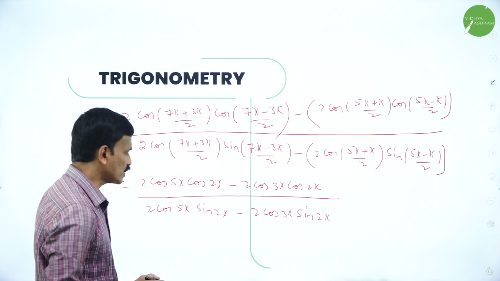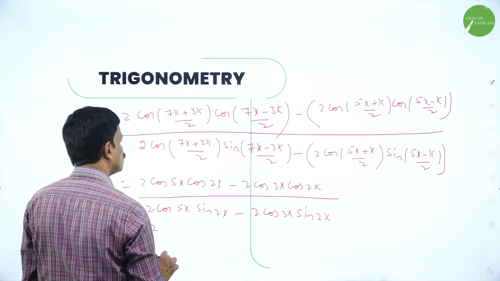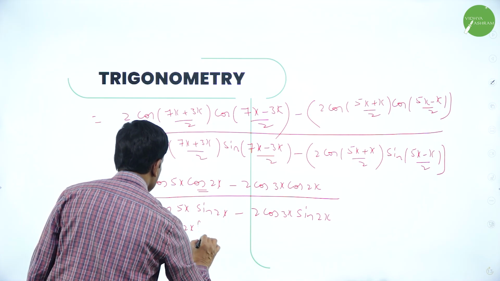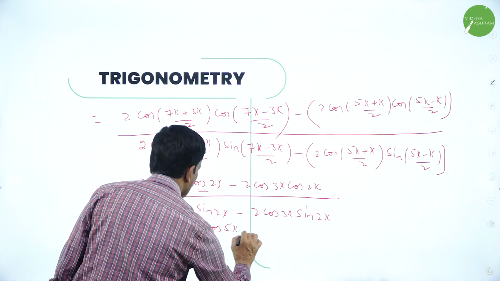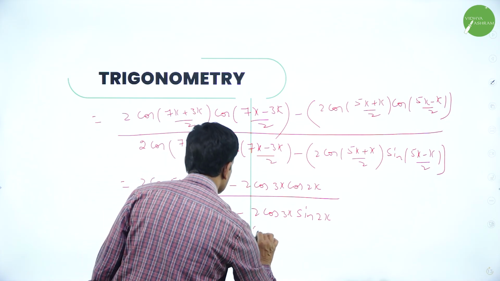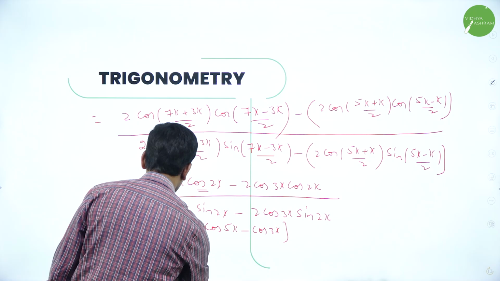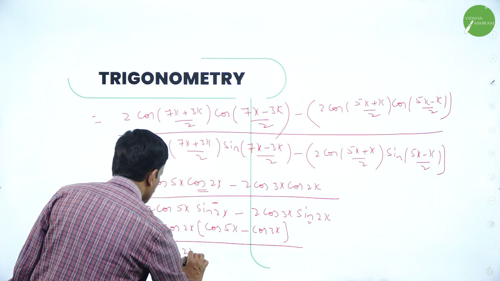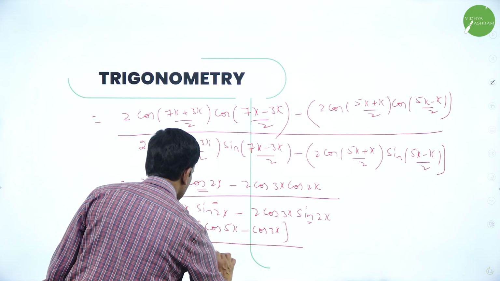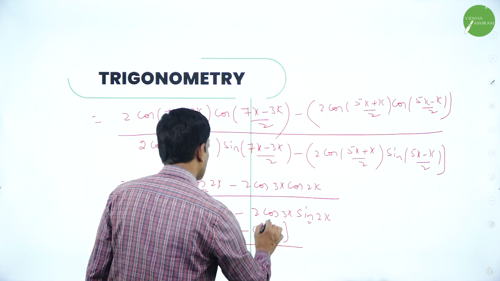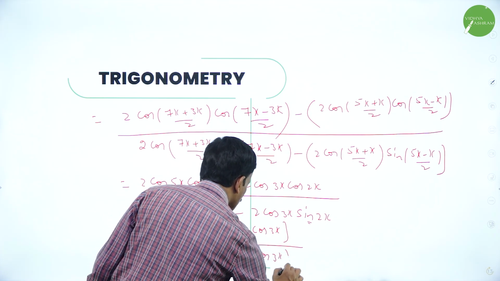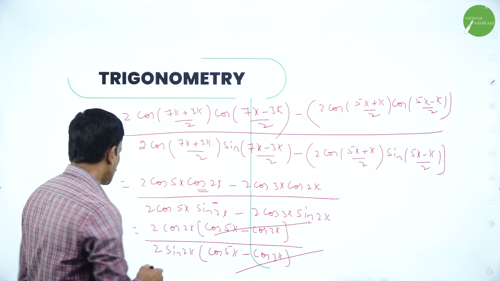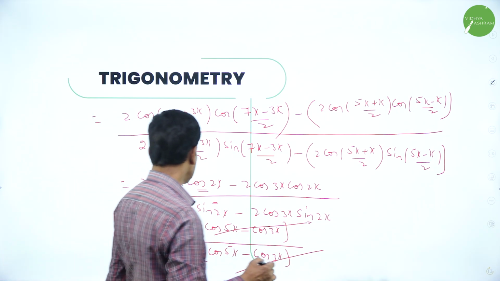Now you can take the common factor. What is the common factor in the numerator? 2 times cos 2x is taken out. What is left over is cos 5x minus cos 3x, whole divided by, in the denominator, what is the common factor? 2 times sin 2x is the common factor. Sin 2x is out. What is left? Cos 5x minus cos 3x. Okay, now these get cancelled: cos 5x minus cos 3x divided by cos 5x minus cos 3x, and the 2 also gets cancelled. What is left over is cos 2x